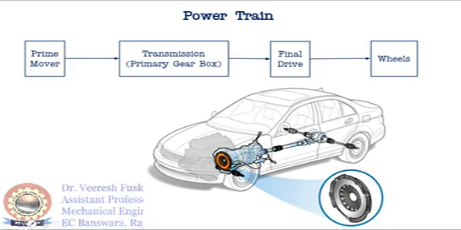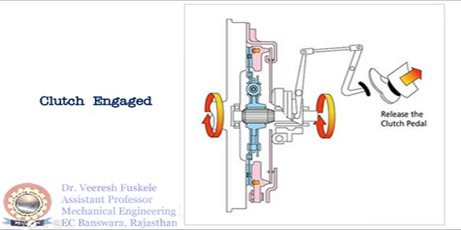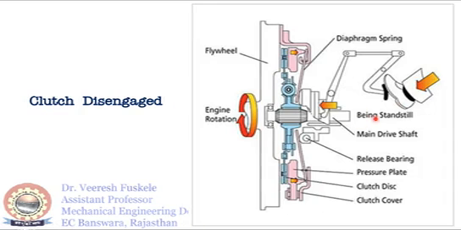Suppose we imagine a scenario where the engine is idling and our car is stopped, maybe at a signal, and we want to essentially move the car from this condition. Then what do we do? We engage the first gear and slowly leave the clutch pedal while slowly pressing the accelerator pedal. Now in fact, when the clutch pedal is pressed, the clutch is disengaged. So as we press the clutch pedal, the clutch is disengaged. So the operation is counterintuitive.